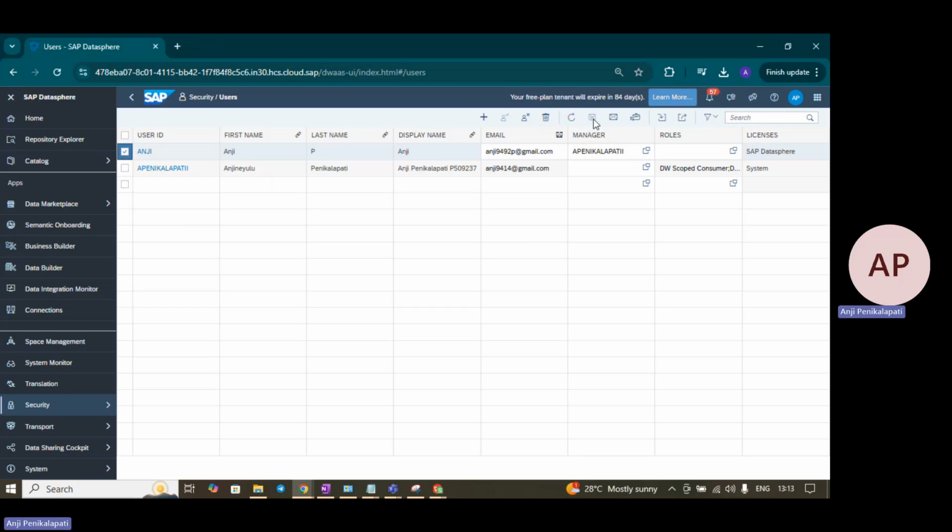Just refresh button. This is for saving. This is I just send an email to this user, and this is assign system owner. If you want to assign this user as system owner, and then import user, you can import from file or import user from Active Directory also. And then you have export. If you want to export,